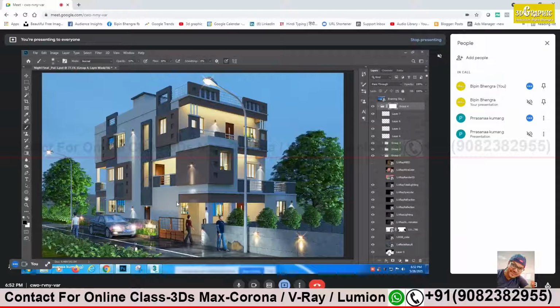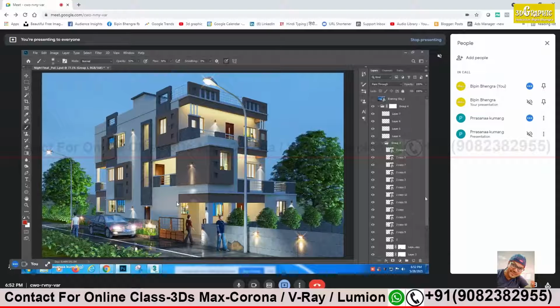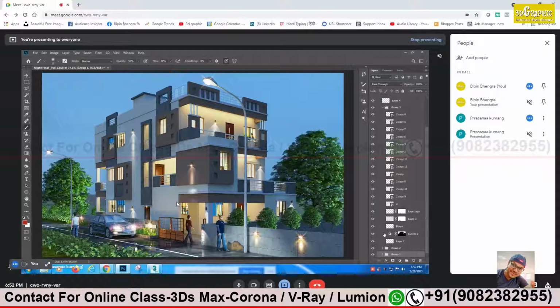Alpha we have to take. No, not that. The sky. You remember you have increased the color of the sky. Where is that? It is not in this. No, it is not there. The top one, the top group, group 3. Just see which layer it is. This one, the curve one. Yes, this one.